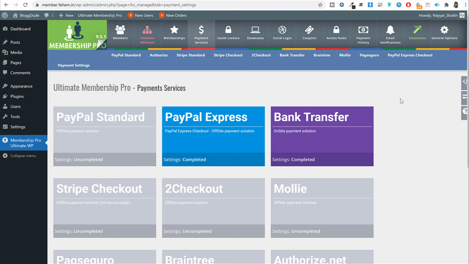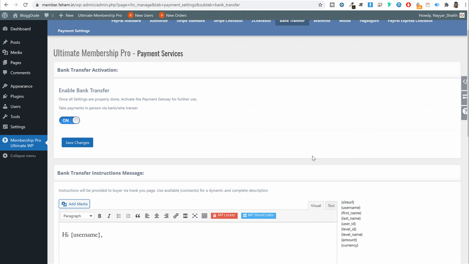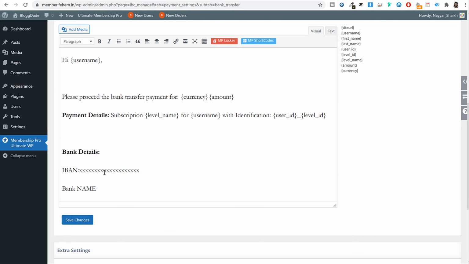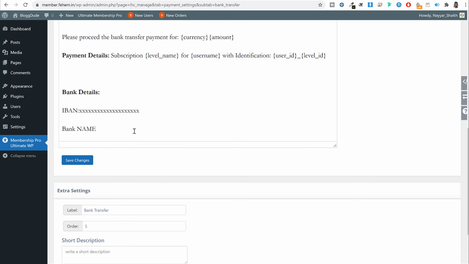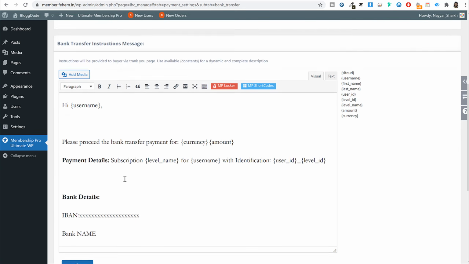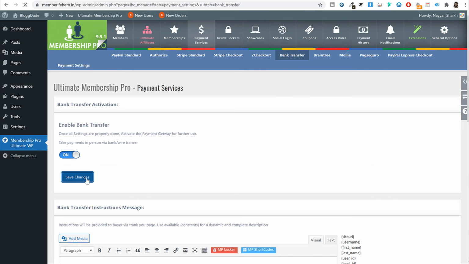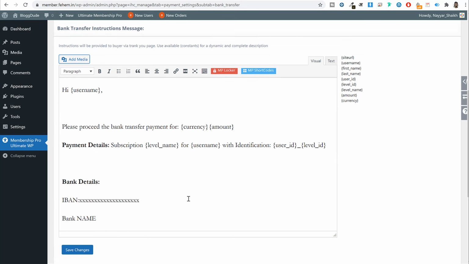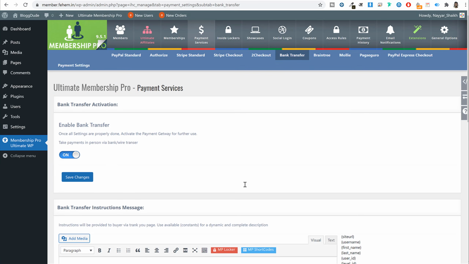Now again you can come back to payment services, and if you want to enable bank transfer, you can enable this option as well. So in this option, you basically just give them your bank details and they can now send you the payment. And in India, you have the UPI payment, so you can give them your UPI ID, your bank account details, all those things. And if you want to enable this thing, they'll get this detail and they can send money to this account, and after that you can activate their account.